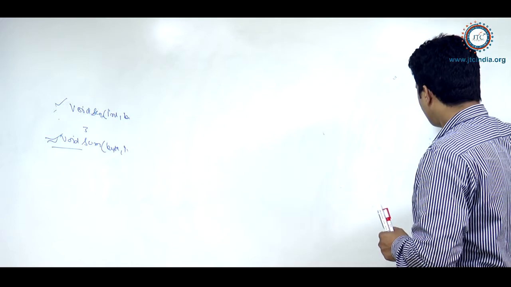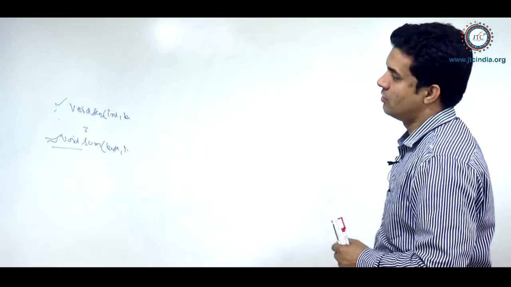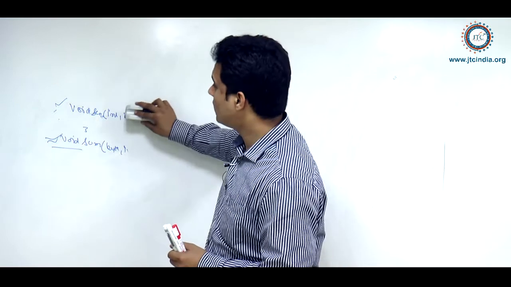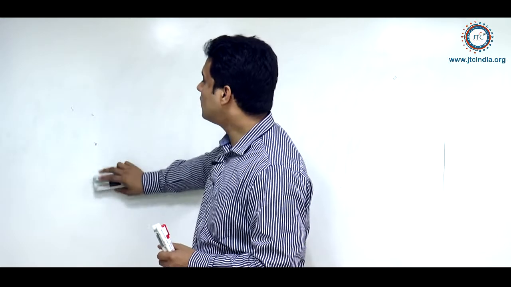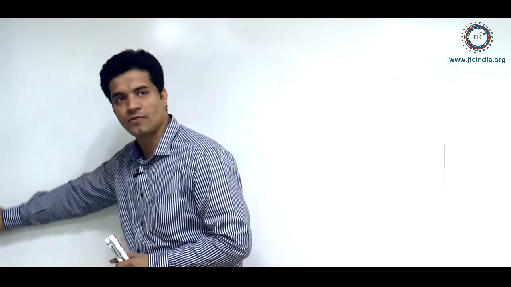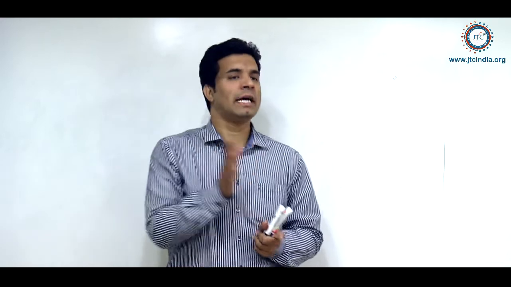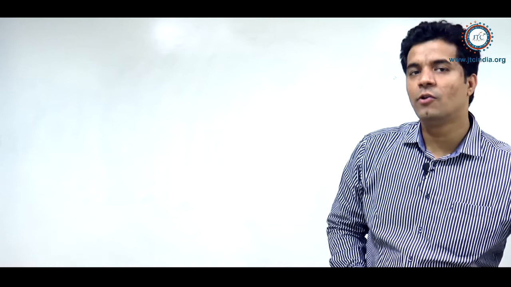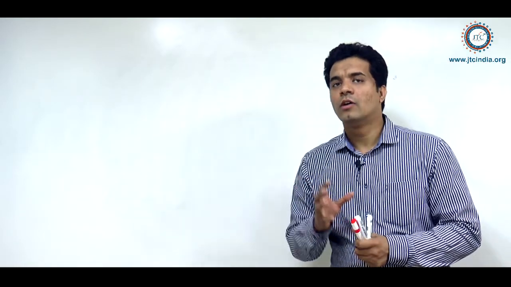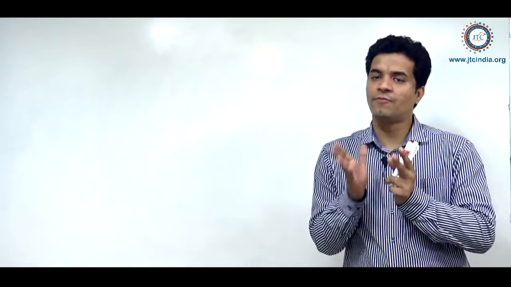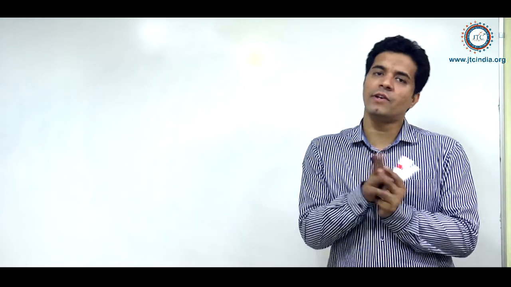Now, when we talk about OOPS concepts, out of all the OOPS concepts, there is one very important concept called polymorphism. And in order to achieve compile time polymorphism, we must overload a method. By overloading the method itself, we can achieve compile time polymorphism, right? So what is polymorphism? Polymorphism is one form behaving differently in different cases.